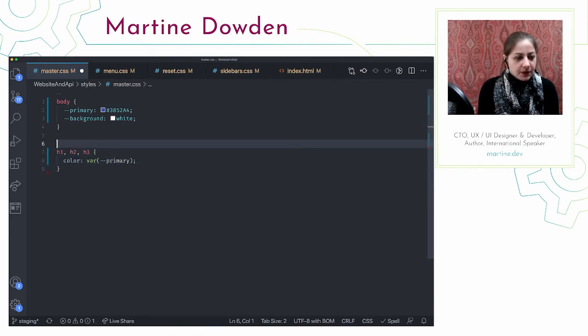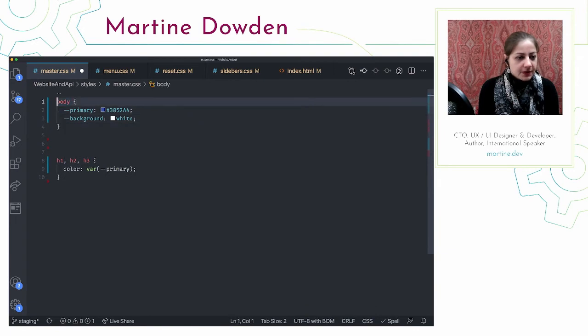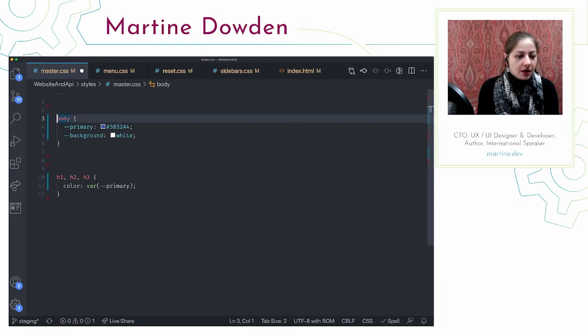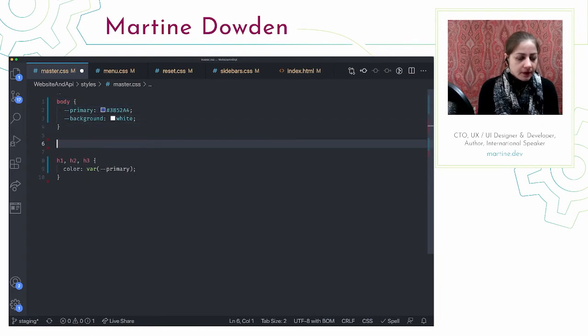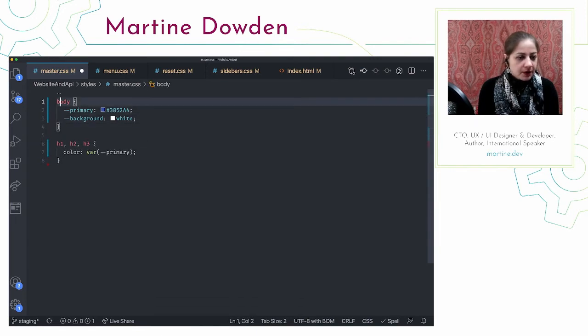The other thing I'm going to do, and this is a personal preference, I like to set my CSS to use border box instead of content box. So I'm going to say that for the HTML, I should put it above the body.